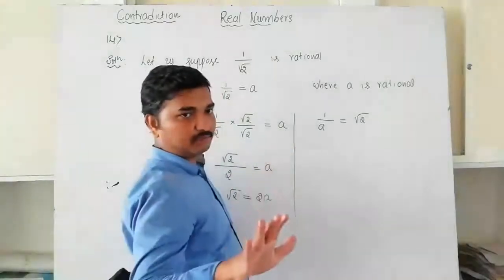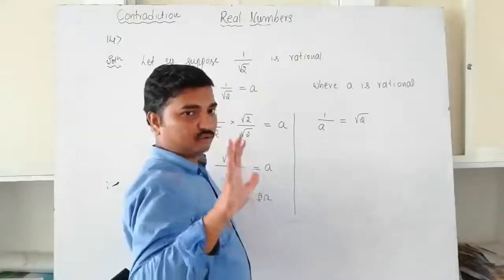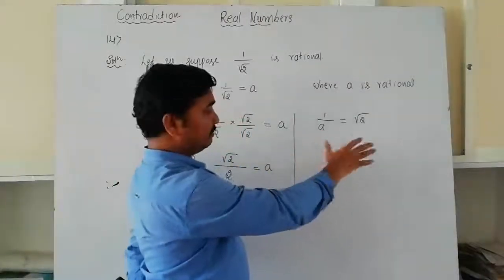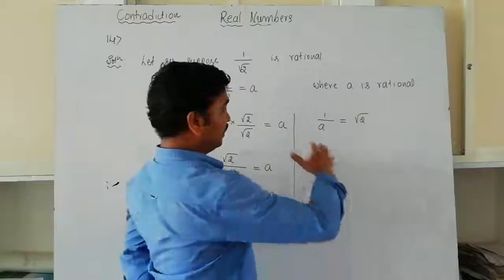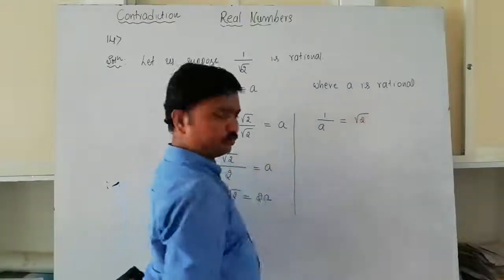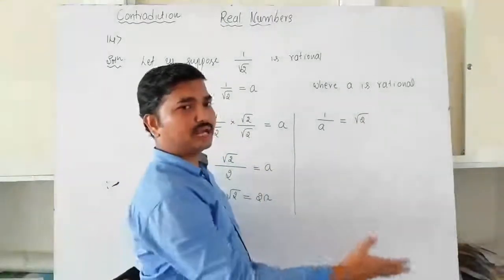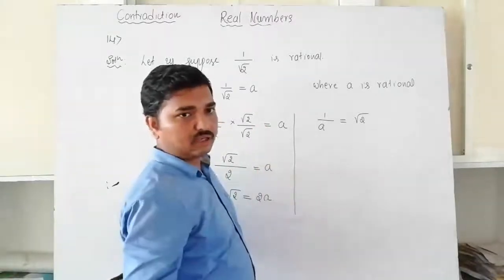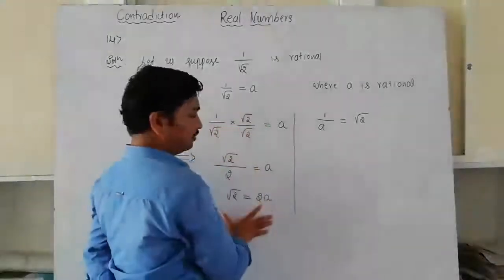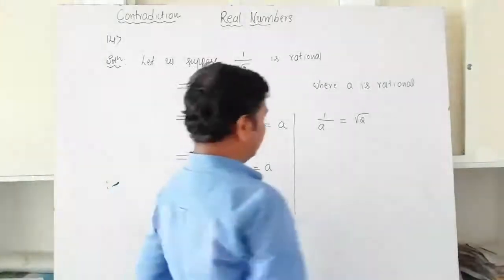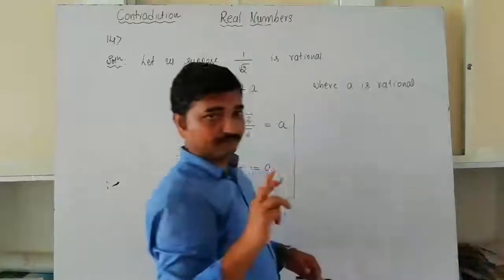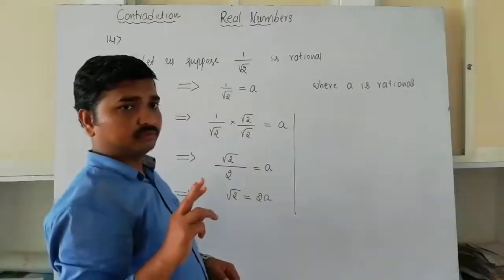Okay, so just remember. I think so many students did this problem like this. Whenever it appears in the exam or test, so many will do like this: 1 by a is equal to root 2, and directly they will write the conclusion. It is definitely wrong. You will lose the entire marks. So that's why remember you need to write like this. And even if you follow the second method, what's your doubt?